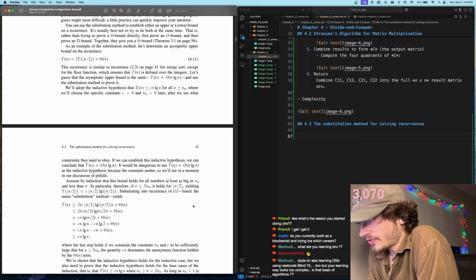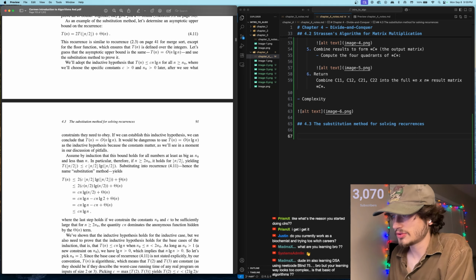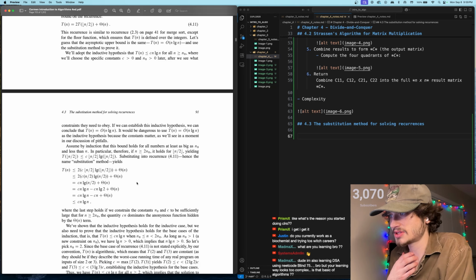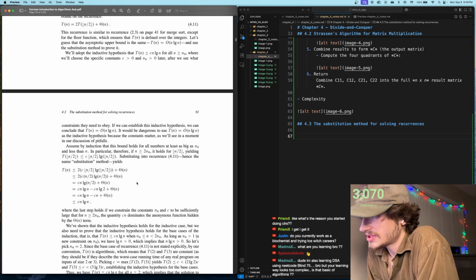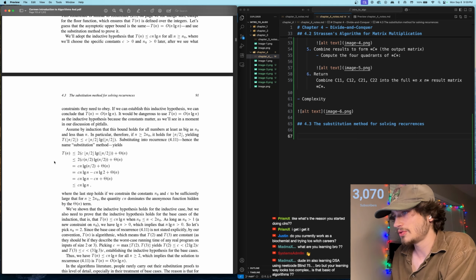Substituting into recurrence 4.11, hence the name substitution method, yields T(n) ≤ 2c⌊n/2⌋ log(⌊n/2⌋) + Θ(n), which reduces down to T(n) ≤ c n log n,